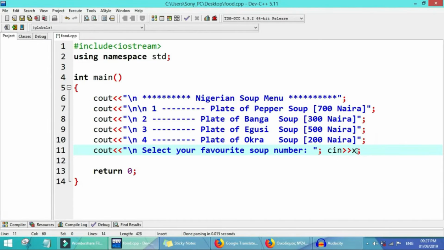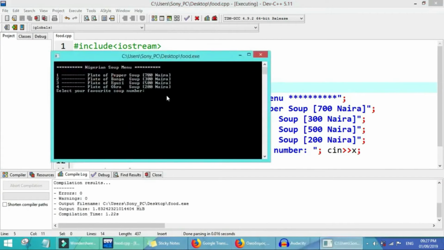So we'll say this x we will write for here, it go read these numbers. So automatically it means the x na integer. So we no forget to define anything we say we use. So we'll say int x, we close them. So we'll run them, we'll see whether it go as we plan now. So we see the blink, see the work of the blink. If we put 1 here, if we put 2, if we put 3, if we put 4. So any option we say we want select, the blink now go allow us to input our number.